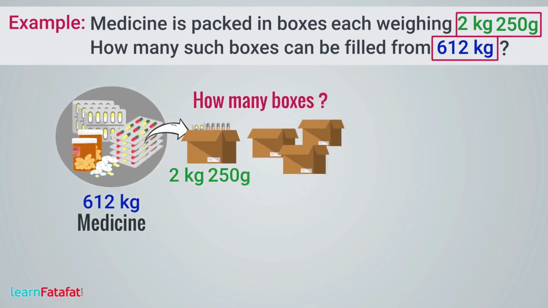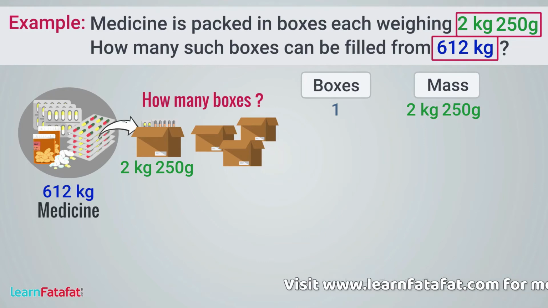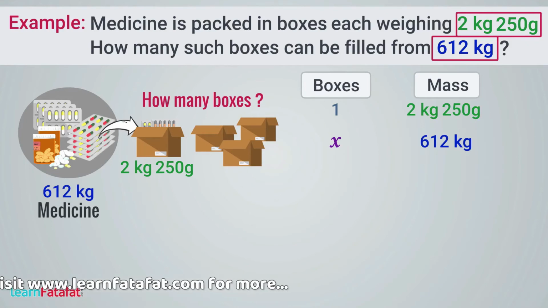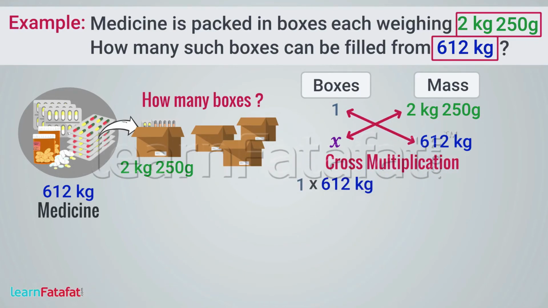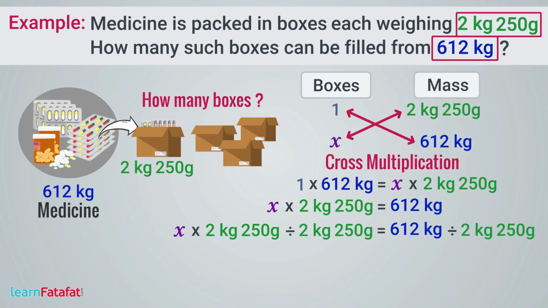To solve this, let's write one box of medicine has mass 2 kg 250 gram. For 612 kg, there will be x number of boxes. So, let's perform cross multiplication. 1 into 612 kg is equals to x into 2 kg 250 gram, or x into 2 kg 250 gram is equals to 612 kg. Dividing both sides by 2 kg 250 gram,